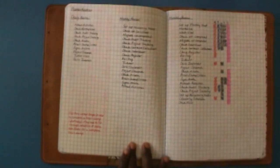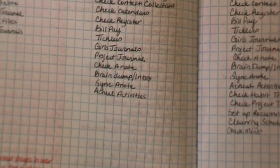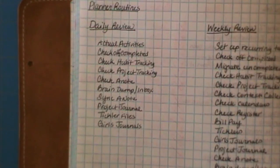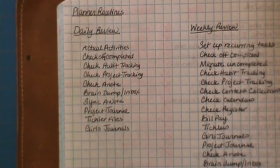As I'm doing this, I'm going to look at a collection here that I had made regarding planner routines. Let me zoom you in here. This actually isn't what I do anymore, but this is what I used to want to do. So I'm going to go ahead and update this while I make this video for you. So daily